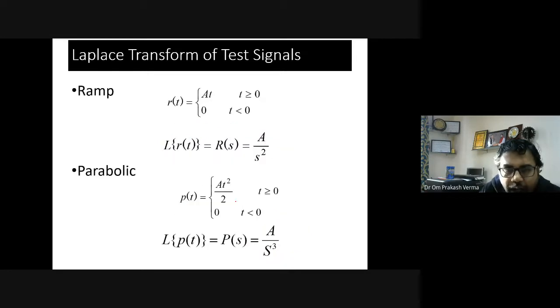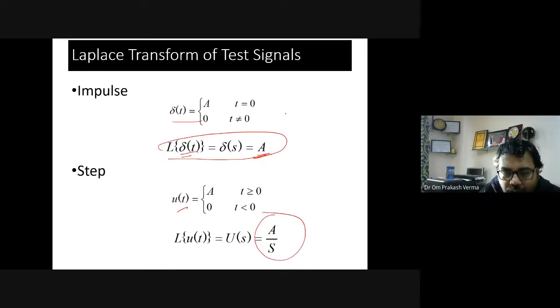Okay. And you can also find out with the help of the formula. Okay, Laplace of f(t) is nothing but, कौन बताएगा, what is the formula for this? 0 to infinity f(t) e to the power minus st dt, right? So you can apply the formula and find out the things for this system.